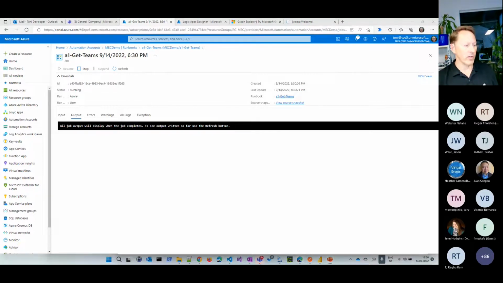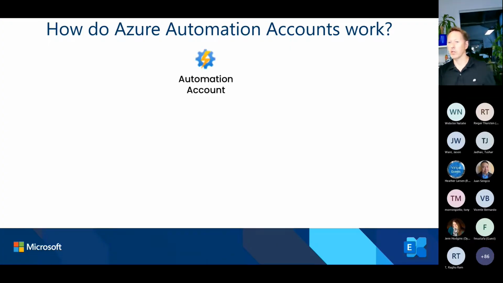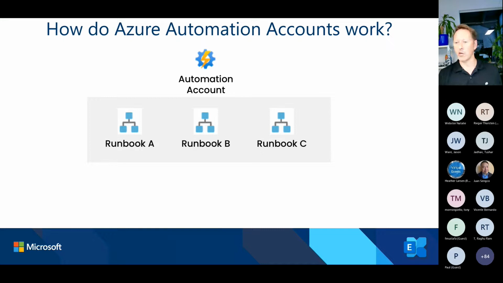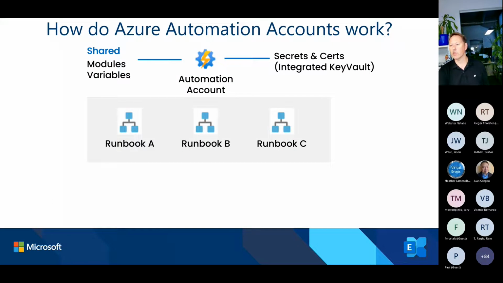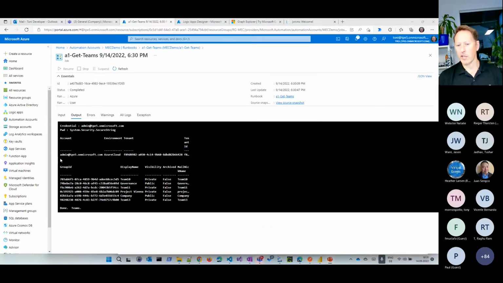In the meantime, while this runs here, I just want to show you one thing, how these Automation Accounts work. They're very useful for running PowerShell scripts in a safe environment. So we have runbooks, which are our scripts here, and we have things like shared modules or variables, and we have secrets like a username, a password, a certificate, and so on. And this package, when I run it, is put into a package, and that package is then deployed to a virtual machine, which runs that code and gives me the output. So that's the basic idea of Automation Accounts. Whenever you have a batch server or run something on your local machine, please move it to an Azure Automation Account. In that case, it worked perfectly.